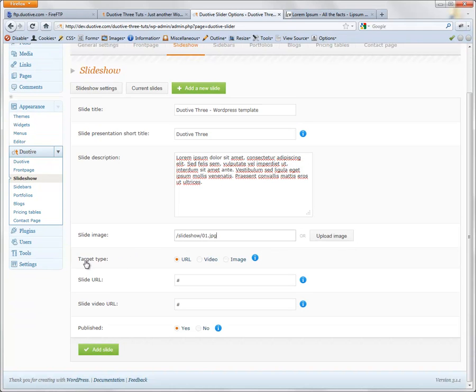Okay, we're going to leave the target to URL. This is when you click on a slide, what resource should the slide open: a URL, a video, or an image? The slide URL, of course. And if you have selected the video target, you will type the video URL here, and published yes. So let's go to add slide,